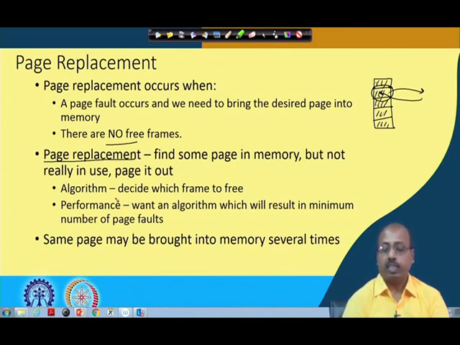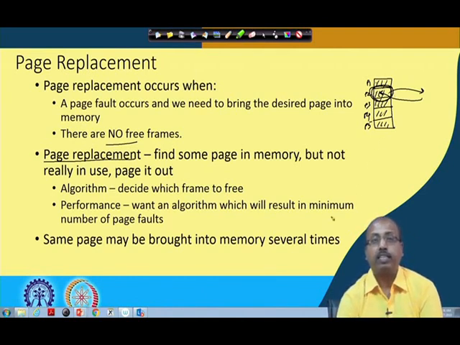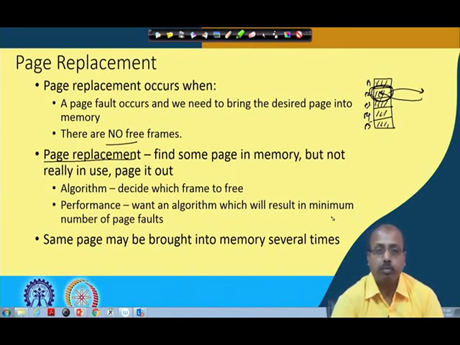Suppose this was page 1, this is page 2, page 3, page 4 like that. Now, this page 2 we have swapped out. Now, it may so happen that at the very next time instant there is again a reference to a memory address which is actually in page 2. Since page 2 is not present now in memory, there will be a page fault. Again that page fault has to be serviced and it will take time to get that page into memory.